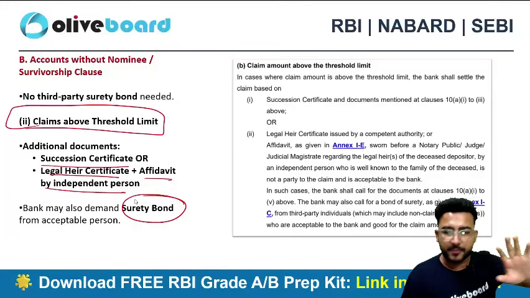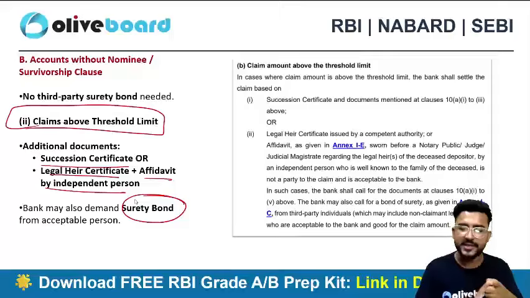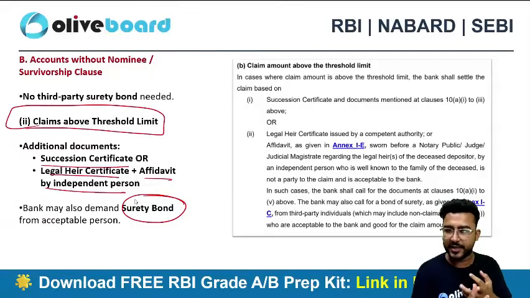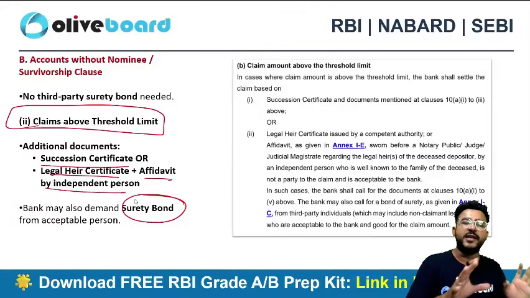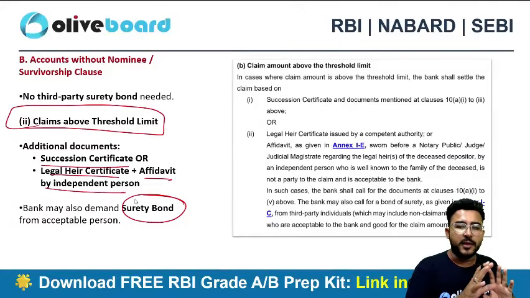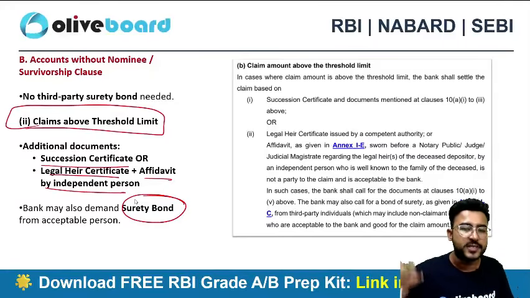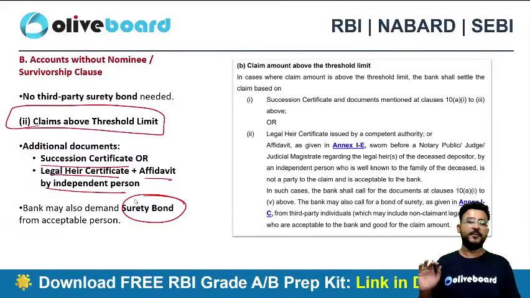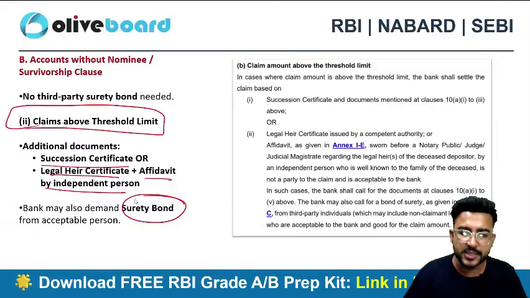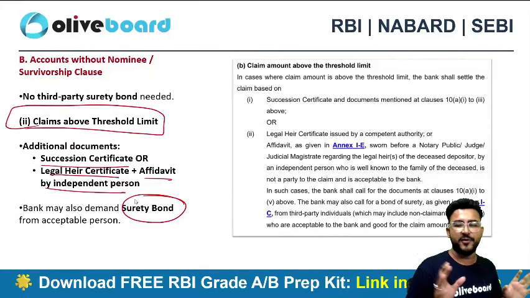I know it's a completely process oriented circular, but we cannot do anything about it. We just need to have a good understanding of the dates, a good understanding of the threshold, and the basic process. So it looks like we haven't ignored anything from this particular circular. At the same time, we don't have to go into too much detail of the circular because this is meant for the banks. They need to comply with the circular. You guys need to just have a basic understanding of this circular. That's what an RBI Grade B officer needs to do.